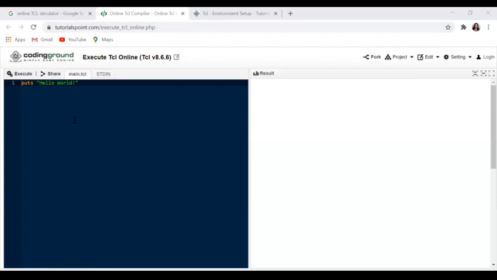So here you can do all your programs. Here one small program has been automatically written, that is puts hello world. What you have to do is execute it here. The result you can see on this side. So here, let me execute. Once it executes, you can see hello world here. This is a main.tcl program, a small program. If you want to make any changes, you can do them directly over there. There is no save button here.